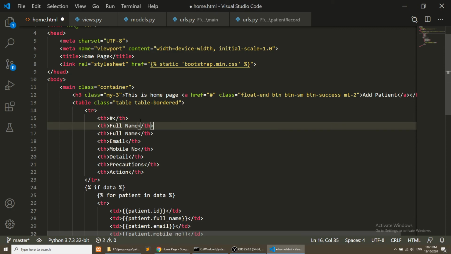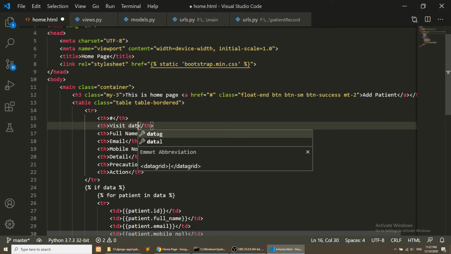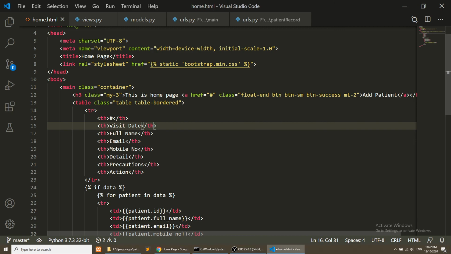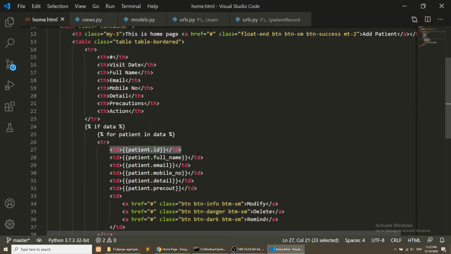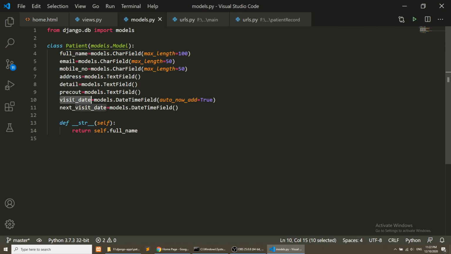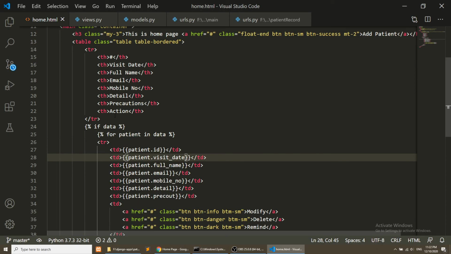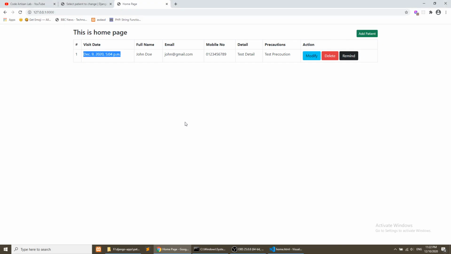So let's show the visit date. Let's see what is the field name. Yeah, visit date. So this is the visit date, and we have also defined the next visit date. So when doctor clicks on the remind button, then this patient will get the email notification.